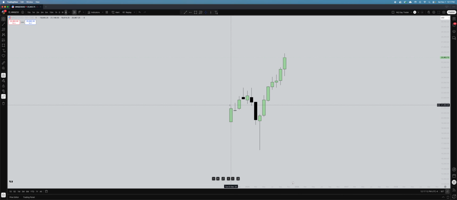I want to do just a quick recap of the week and how I'm reading price going into next week. So this is NQ on a monthly chart, and the reason why I have it on a monthly chart is because we just closed out the month, right? October just ended, so this monthly candle just closed,